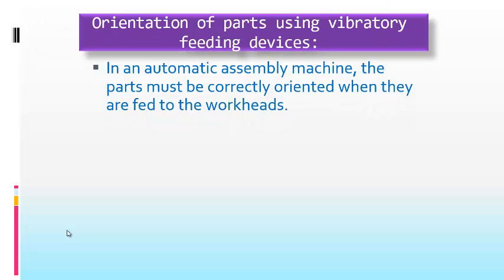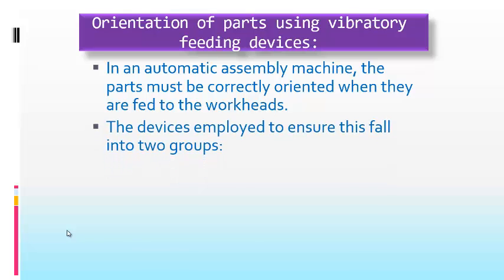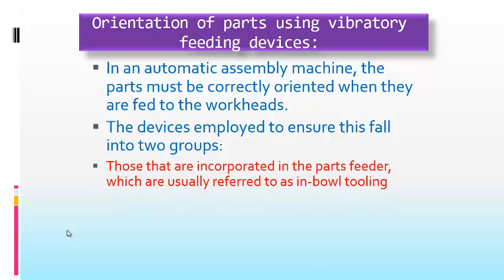Orientation of parts using vibratory feeding devices in automatic assembly machines. In an automatic assembly machine, the parts must be correctly oriented when they are fed to the workhead. The devices employed to ensure this fall into two groups: those that are incorporated in the part